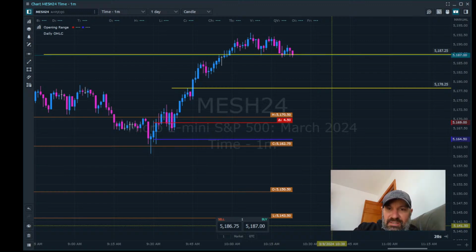I was hoping to see something energetic into the gap. Oh, like that. No, it wasn't very energetic. I thought it was going to be more than that, but